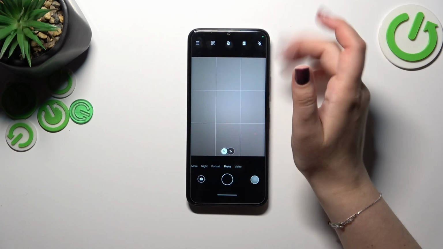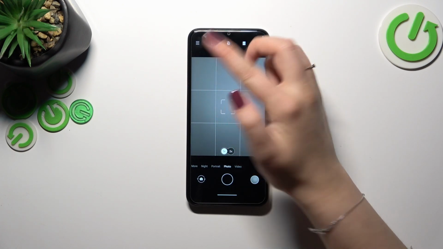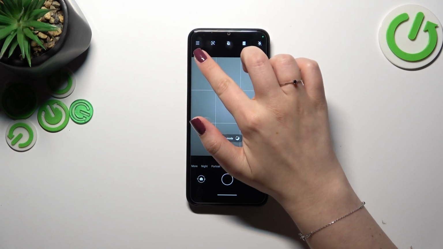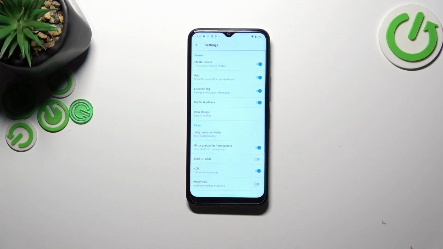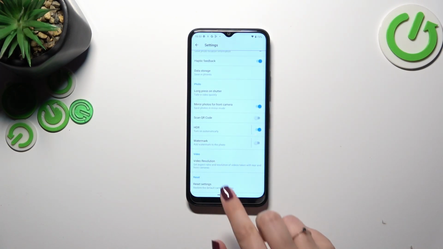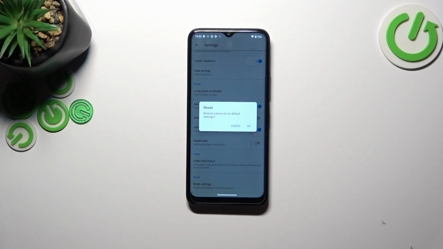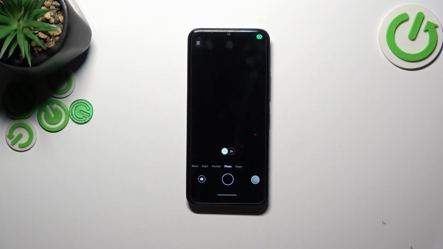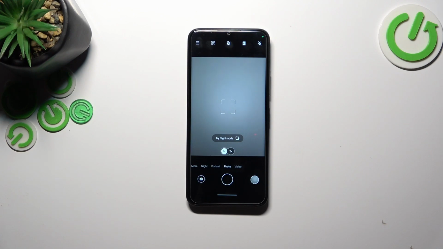So in order to reset the settings for the whole camera, we have to enter the settings themselves, which are under this 3 bars icon in the left upper corner. So let's tap on it and here let's scroll down to the very bottom to tap on reset settings. Now let's confirm it. Tap on OK, and as you can see we will be automatically transferred to the camera,